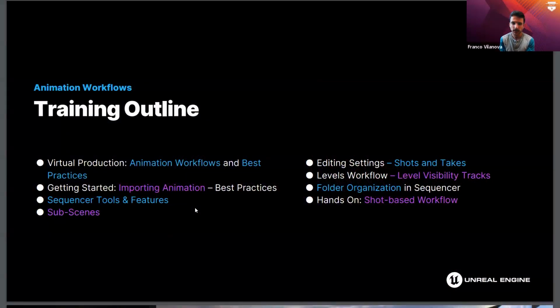We're going to talk about virtual production, the animation workflows, and some of the best practices. A comparison between what a previous generation of studio pipeline was and what it is right now with real time with Unreal as our main tool. A couple of getting started importing animations, best practices. We're just going to brush over them because you will have more content regarding that. Sequencer tools and features, yet again, on top of my class on Monday, we will be touching on a couple more today, mainly subscenes, shots and takes, and doing some editing within our sequencer,